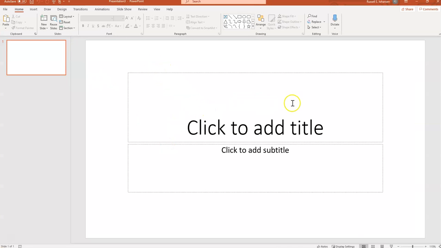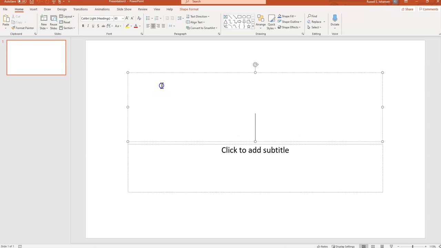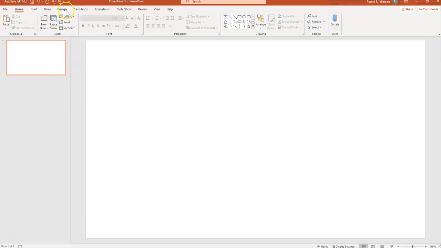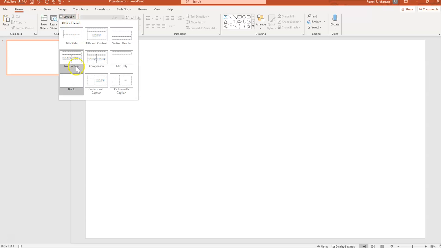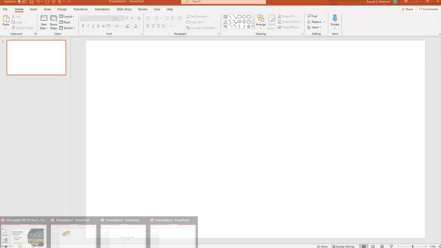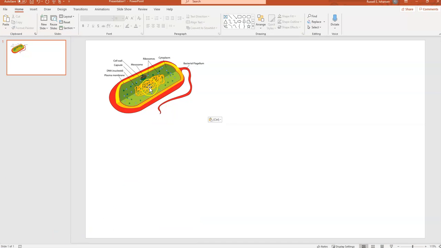And the first thing I notice is that I have these two bars here, these two boxes. Remember that you can click here someplace, come up here to layout, and change it to blank. Again, that was layout, change it to blank. Once it's blank, what we want to do is take a picture that I have linked for you, and we're going to try to draw it onto